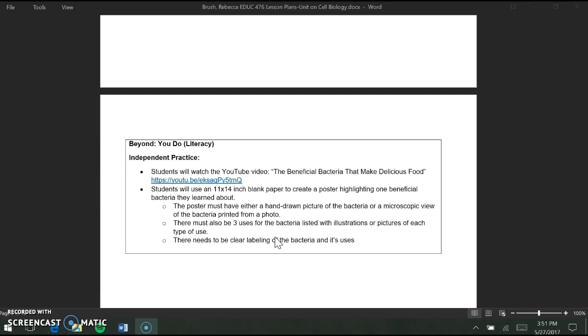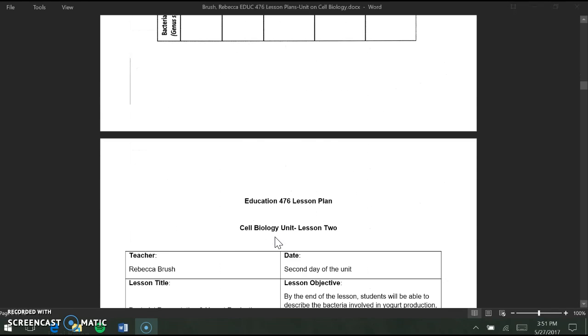And the cool thing is I can then take those posters and post them in my class. When we do a unit review, all this information is right there for them. It's a great review. So I was very excited about that lesson. And then